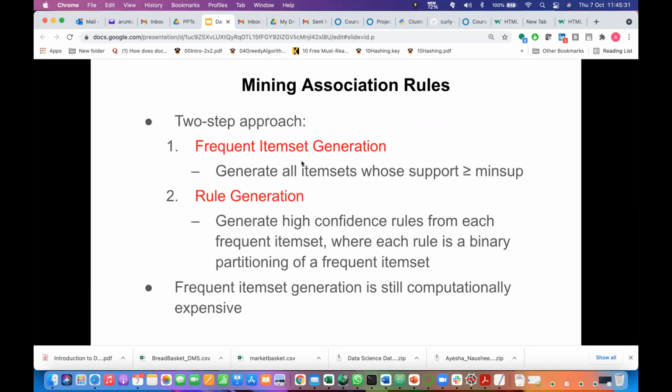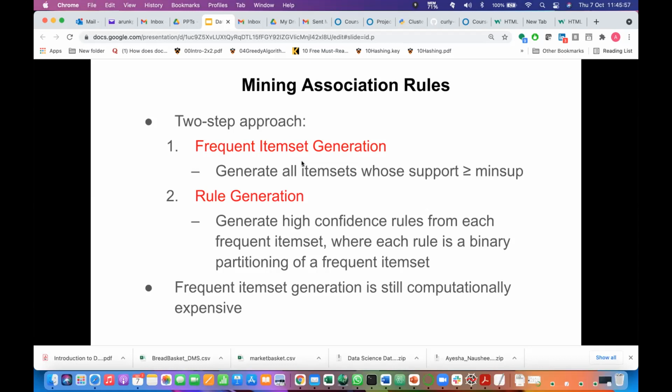Can a 3-item set be frequent, but its subset of 2 items is not frequent? Can we find such a situation? No. If the 3 items are appearing, then the 2 will also appear in all those transactions, right? The 2-item set may have more support than the 3-item set.